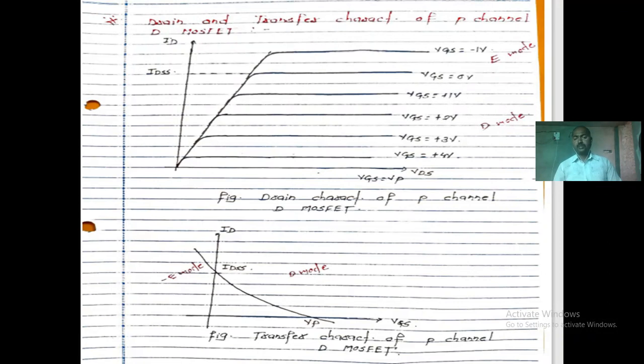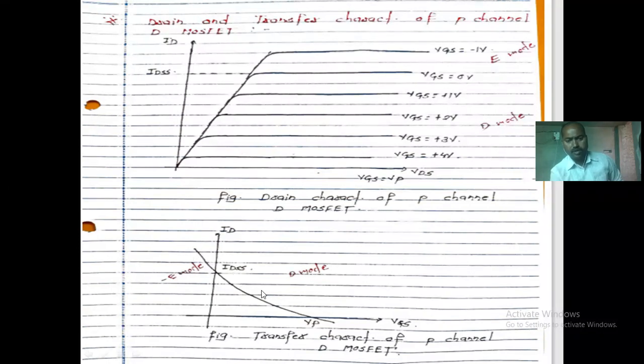Now we have seen the transfer characteristic. In the transfer characteristic, see, we start the device with VGS voltage from 0. As we increase the value, this is the VGS value. If the VGS value is positive, in that case more current flows through the device. Sorry, the VGS value here is negative.